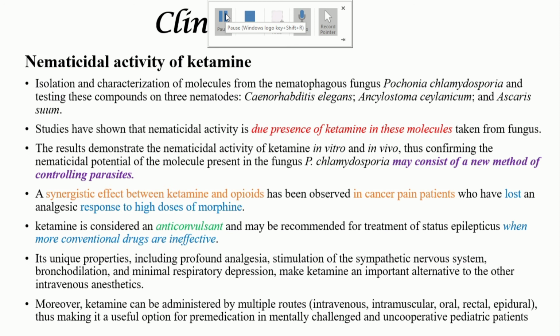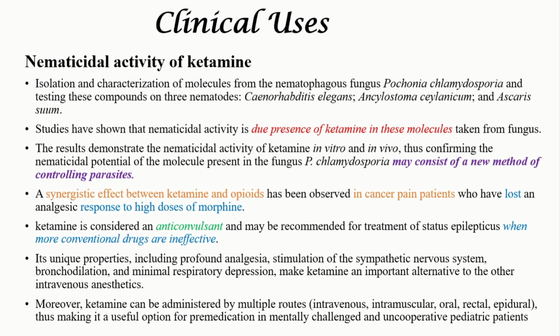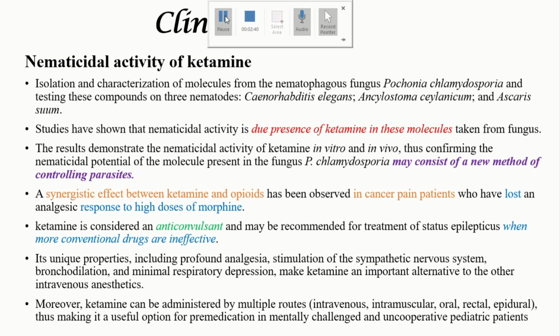A synergistic effect between ketamine and opioids has been observed in cancer patients who have lost an analgesic response to high doses of morphine. Ketamine is considered an anticonvulsant and may be recommended for treatment of status epilepticus when more conventional drugs are ineffective. Its unique